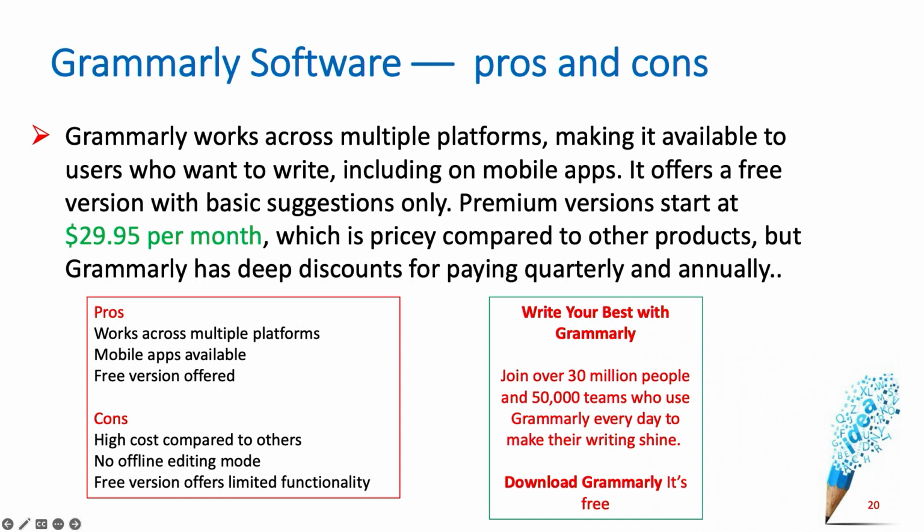Right. The Grammarly premium version starts at $29.95 per month, but if you go for an annual subscription, it's going to be a little less. But you don't want to worry about buying this, because it's available now in the library and also with FGS. You can use it free and write your best with Grammarly. Join over 30 million people and 50,000 teams who use Grammarly every day to make their writing